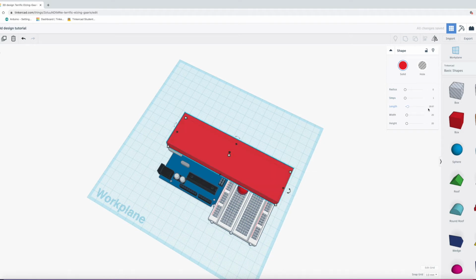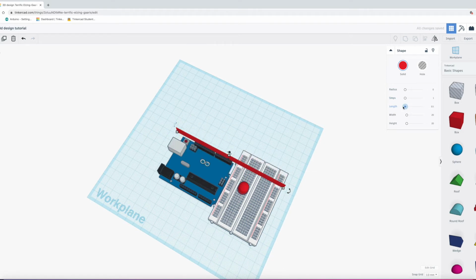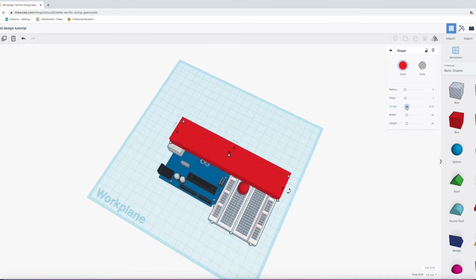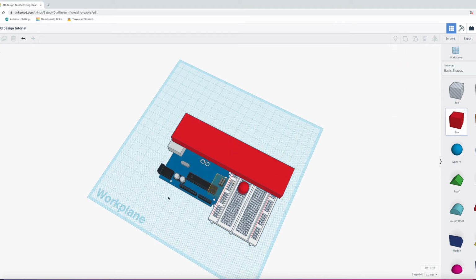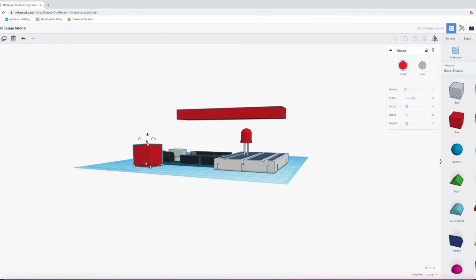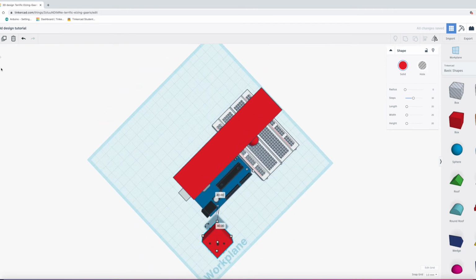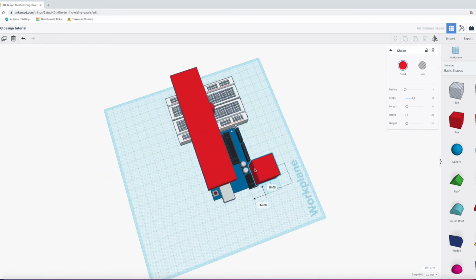And with here you can make it lengthier, you can make it thinner. I'll keep it like this. And then you can add more width, or you can add some height. And then here we can just add another box. We can move it around, make it a little bit higher, go back here, and then do this. Pull it down a little bit